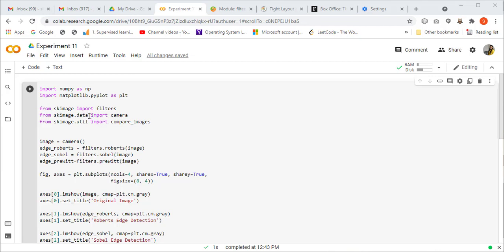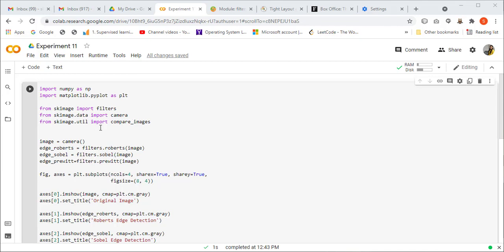Next we import from skimage.data, where we have all the test images present. From this data set we are importing an image called camera, on which we will perform various operations.